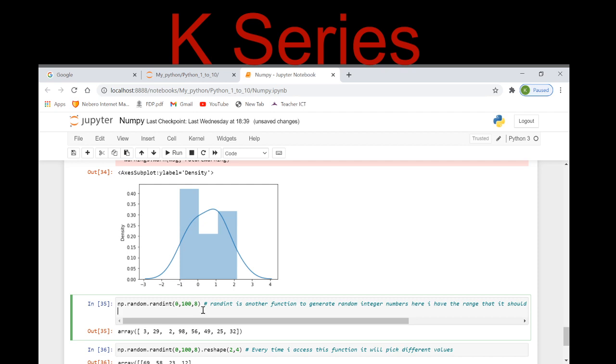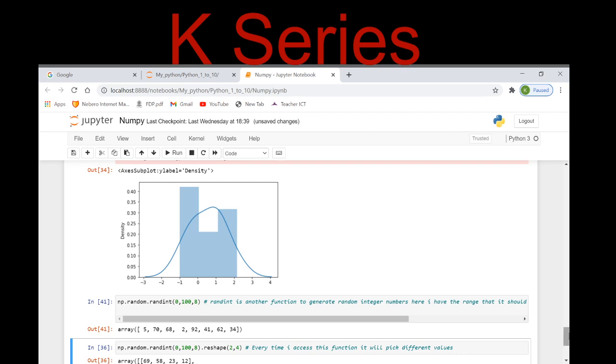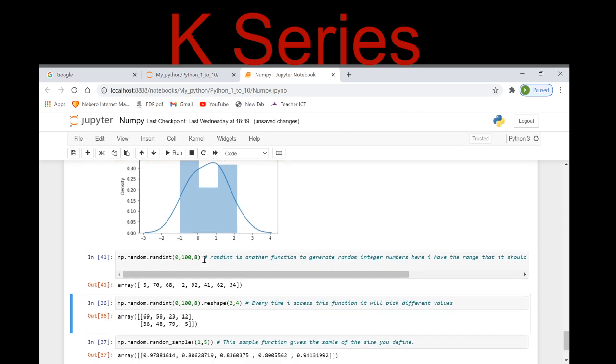It will generate random numbers from 0 to 100, and I need only 8 numbers in total, so that is why it is giving me 8 numbers. Every time I execute it, it generates a different set of numbers. See here, I'm executing it more than twice or thrice, and every time it is giving me another set of random numbers. So this is also an inbuilt function, randint, right?